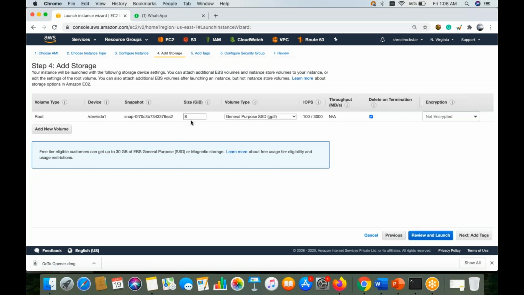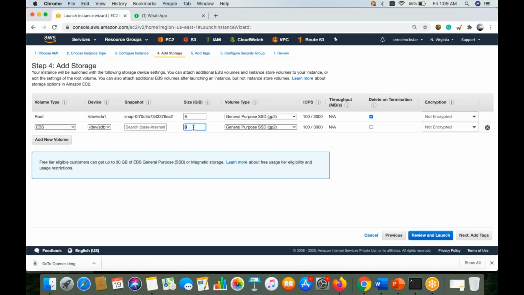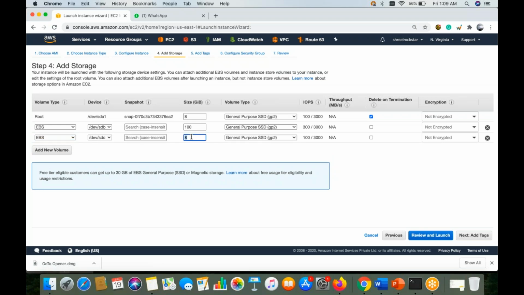Next, you have the storage, guys. You get 8 GB by default, but up to 30 GB is free, which is part of your free eligibility, because Windows requires a minimum of 30 GB, otherwise your Windows instance will not be able to work. But we are good with 8 GB because Linux is lightweight, so you can work with it. If you require more hard drive, you can add from here either 100 or 200 GB. So additional hard drive can be added from here itself.